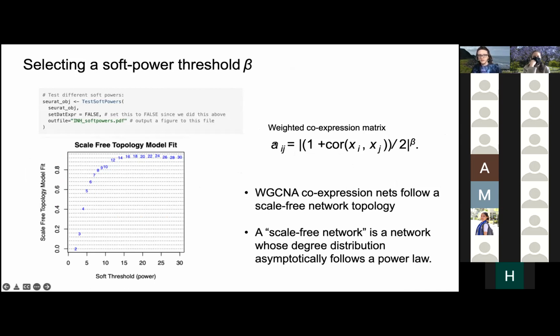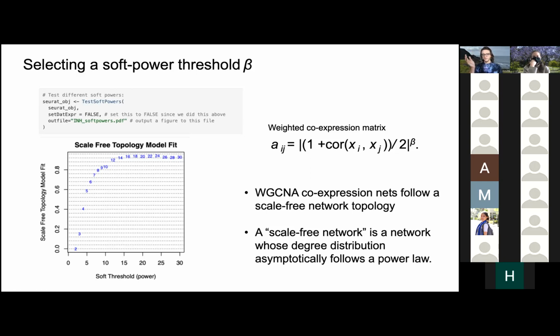A is the co-expression matrix, and i and j is the pair of genes i and j. So the value of the matrix A for the pair of genes i and j is the absolute value of 1 plus the correlation of the expression between i and j, divided by 2,